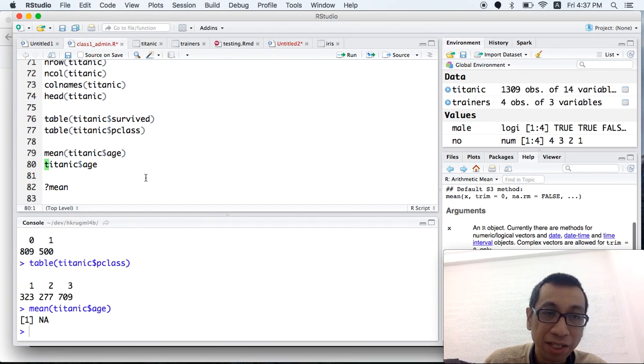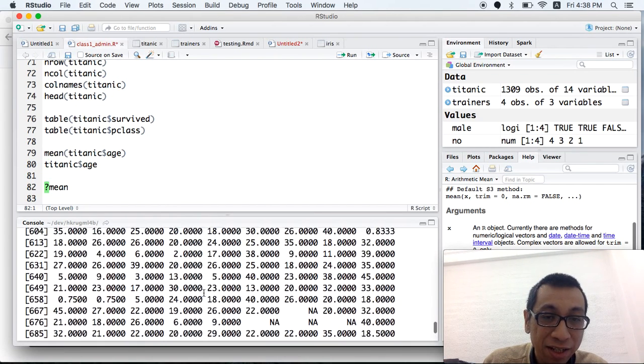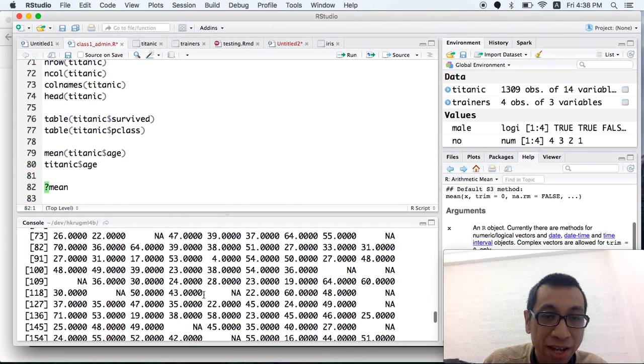Similarly, we can calculate the mean age of the passengers, but this time it returns NA. So why? If you look at the data, there are many NAs. NA means not available, missing data.